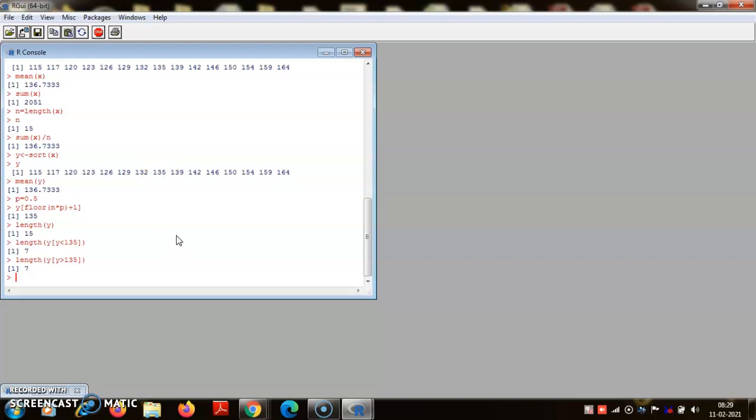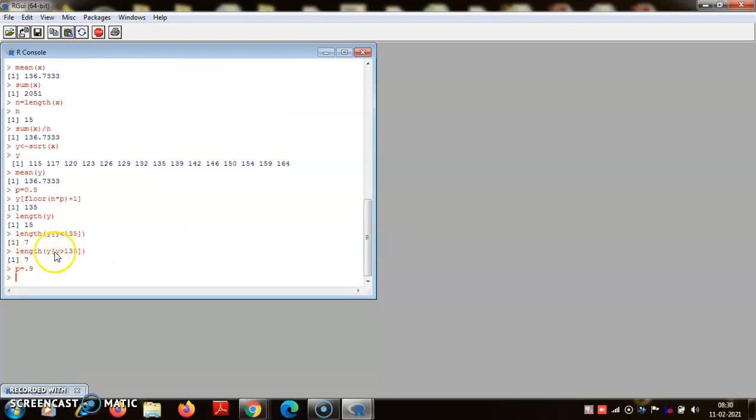So now suppose I want to compute the 90th percentile. So P is equal to 0.9. So imagine the flexibility of R. If you would have had to do it using some basic programming language, then you would have to write a code, right? Using the for loop, where you have to put conditions like if this is satisfied or not. So here R gives you the flexibility to find out just like that. Give an array, write down the name of the array, within the third bracket give the condition, it will extract those elements of the array which satisfy that condition.